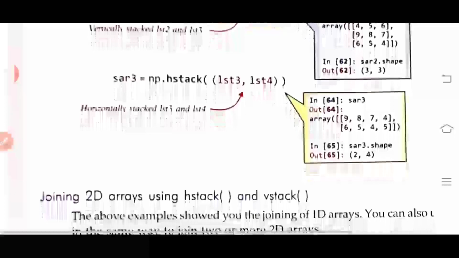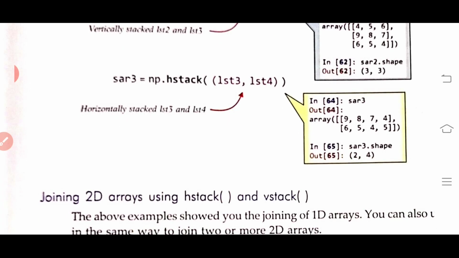Now see the use of hstack. SAR3 is equal to np.hstack(lst3, lst4). When you type SAR3, what it will do is add the elements of lst4 just after, in the horizontal way, on the horizontal axis.